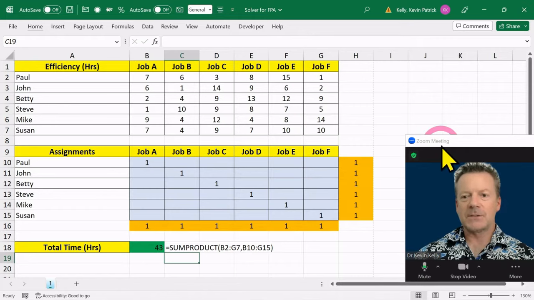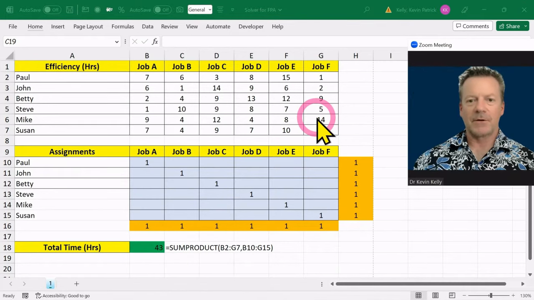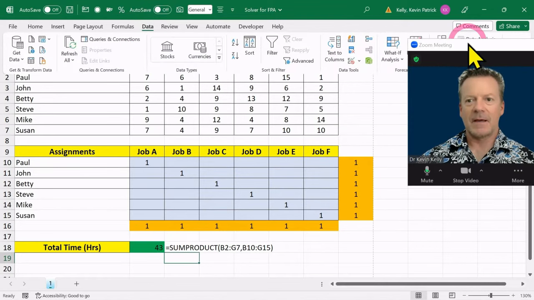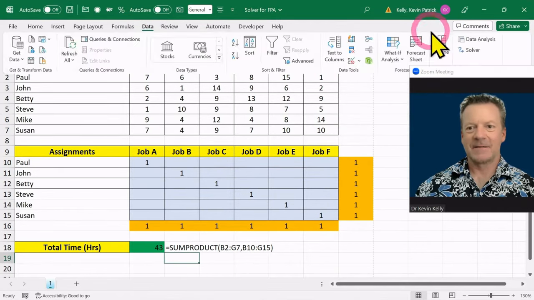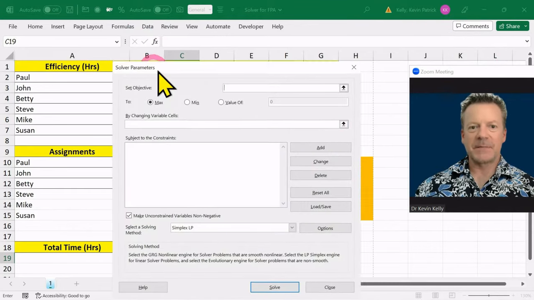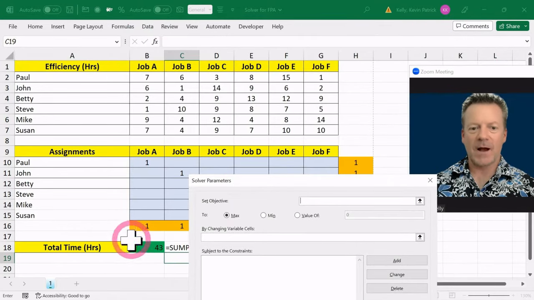Now we're going to jump into Solver and work the problem. So we're going to go up here to Data, and, oops, too high. Data and Solver. So we're going to set the objective. My objective is the total hours here. I'm going to click on that, and what I want to do is minimize my hours. I want to do so by